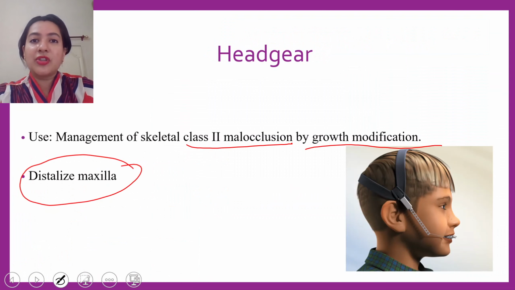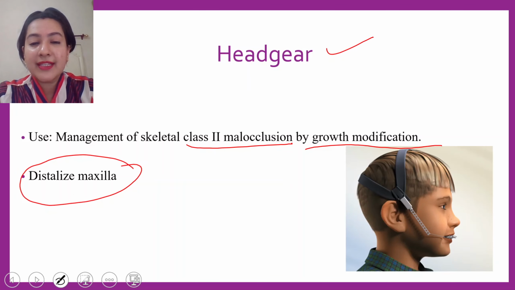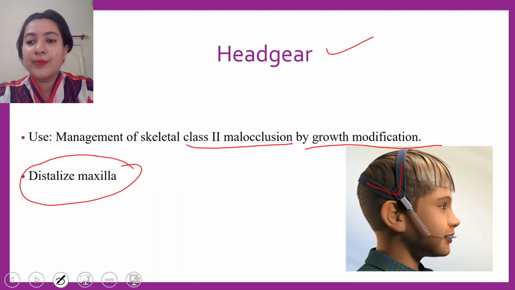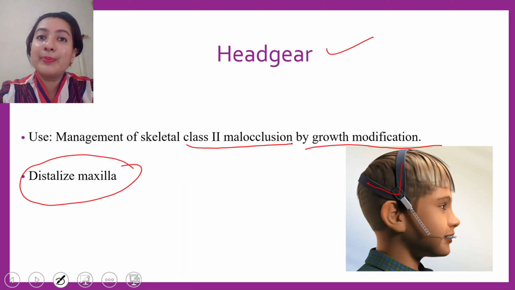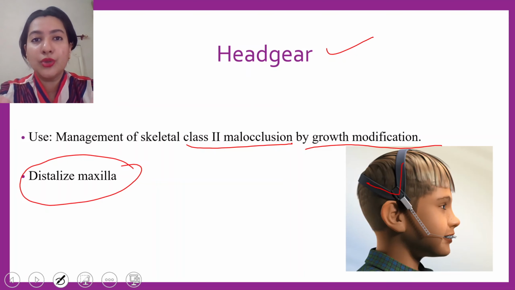When the patient comes to us and we have decided to give headgear, we identify the center of resistance of the maxilla. Then we assemble this unit based on size, whether the patient will need small, medium or large size headgear. Then the outer bow is connected to the force element. The inner bow is connected to the plate which is given intraorally, and the inner bow gets inserted into the molar tube, which is contoured according to the arch. And then the force is applied.